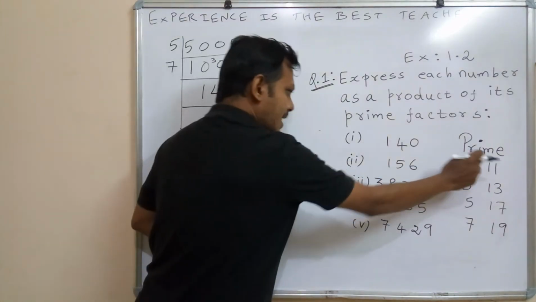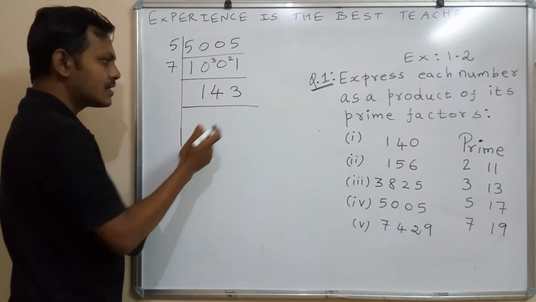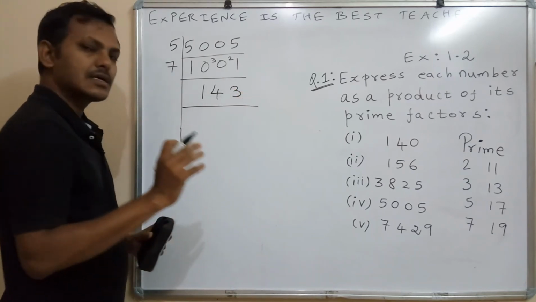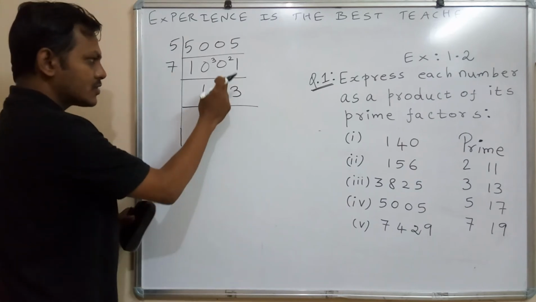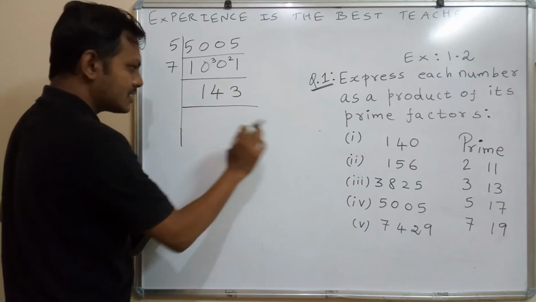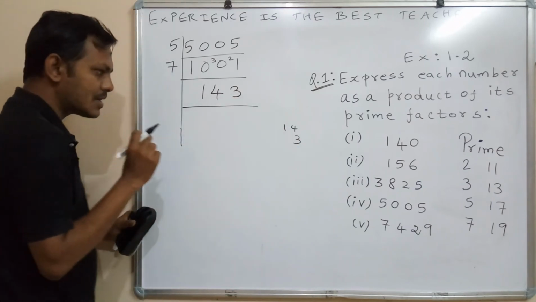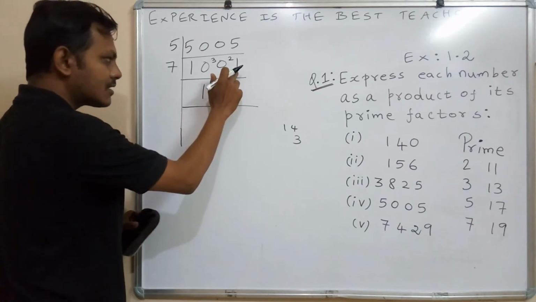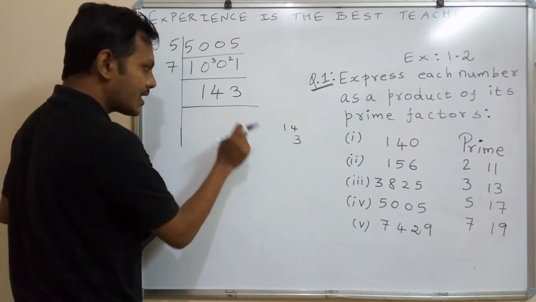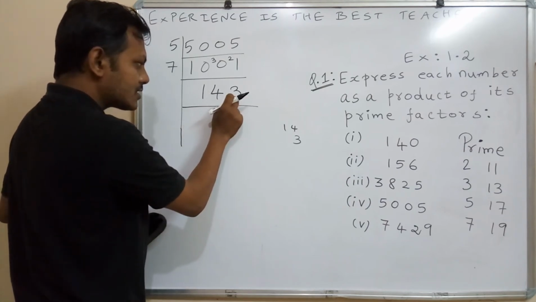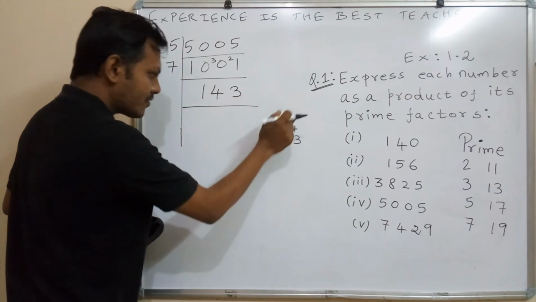The next prime number is 11. We will check for number 11. The divisibility rule for number 11 is the same as the divisibility rule for number 7, but instead of twicing the last digit, just subtract the last digit from the rest of the number. See here, the rule for 7 is twice the last digit and subtract from the rest of the number. But the rule for 11 is to take the last digit and subtract it from the rest of the number.